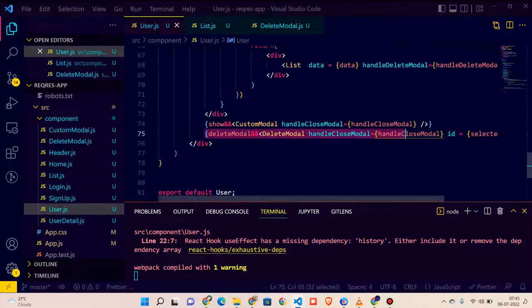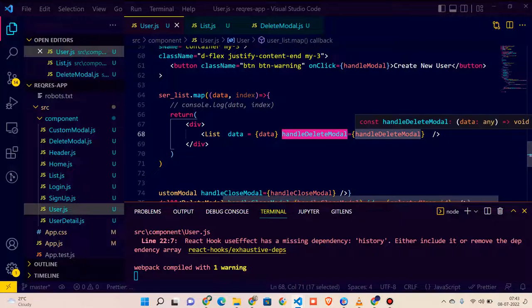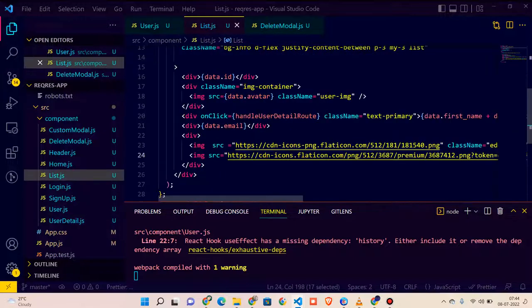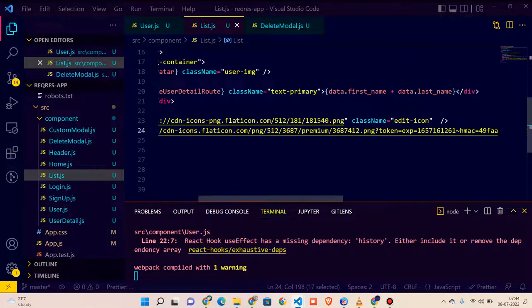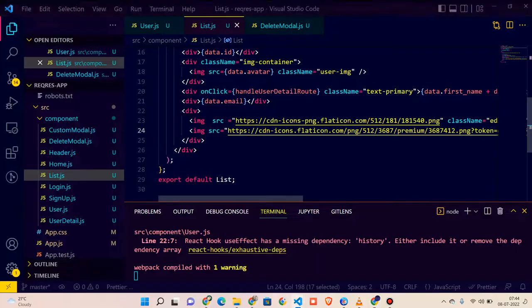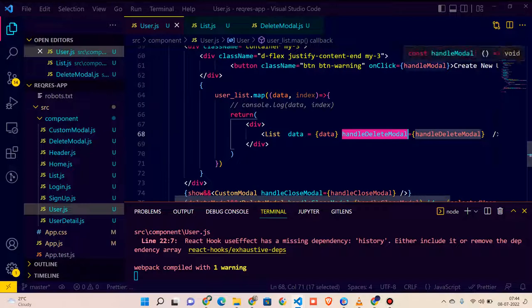In list we are passing handle delete model. If you click on handle delete, it will work. On the list, on click of the icon, we have to call this. So here we call that function, the handle model. If you check our handle model,